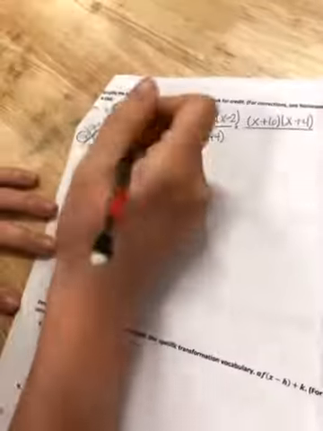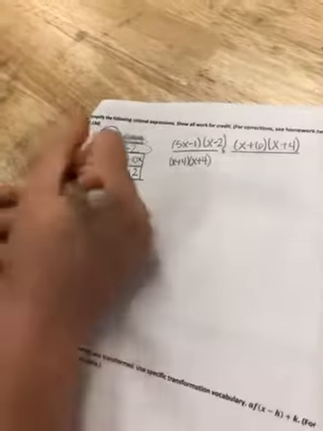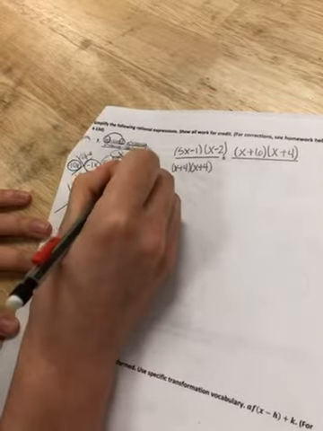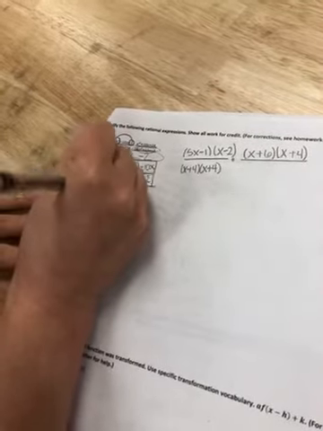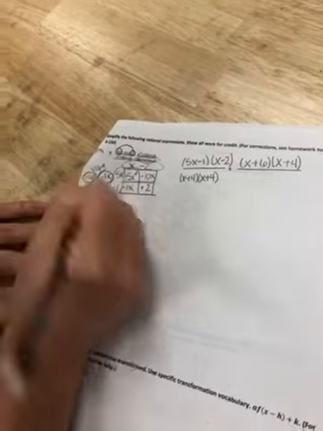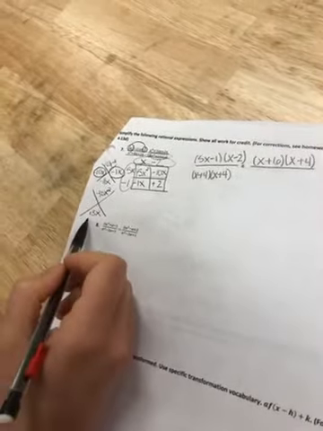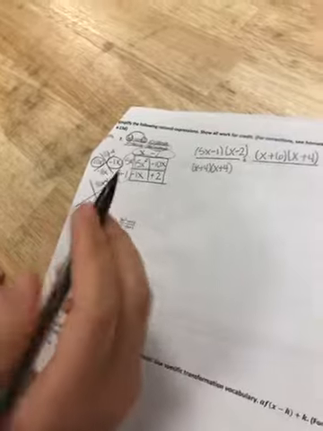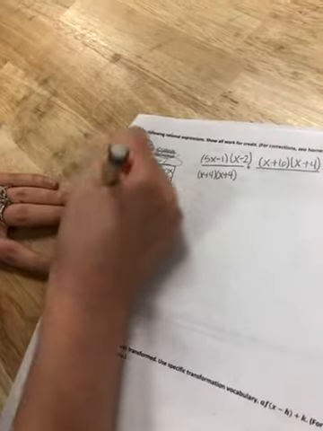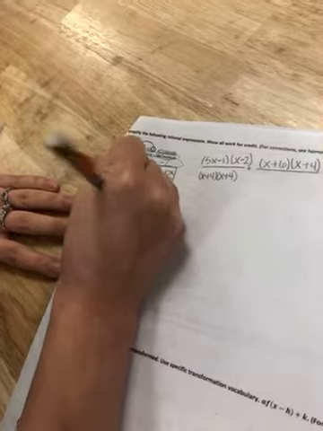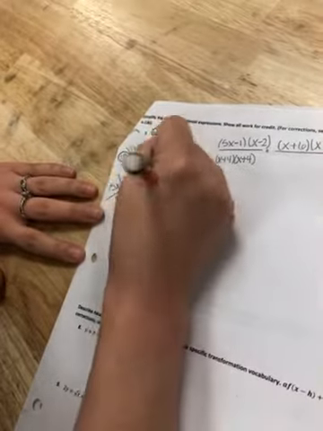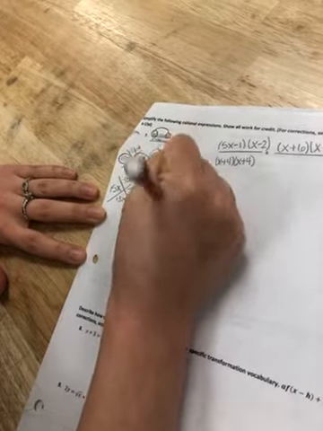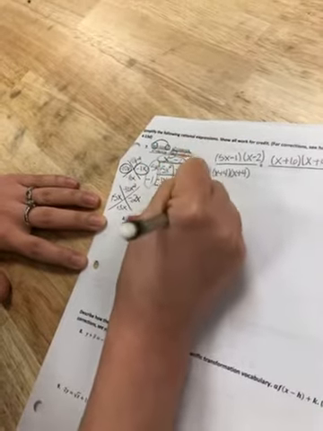One more time. Now for this one, 10x squared plus 13x minus 3. 10x squared times negative 3 is negative 30x squared. 13x. Some people had a hard time finding factors of negative 30 that add to 13. Try making a list of all the things that multiply to negative 30 until you can manipulate that. But it's 15x minus 2x. So in my box, I'm going back to my original first and last term, 10x squared and minus 3, and then my middle terms,